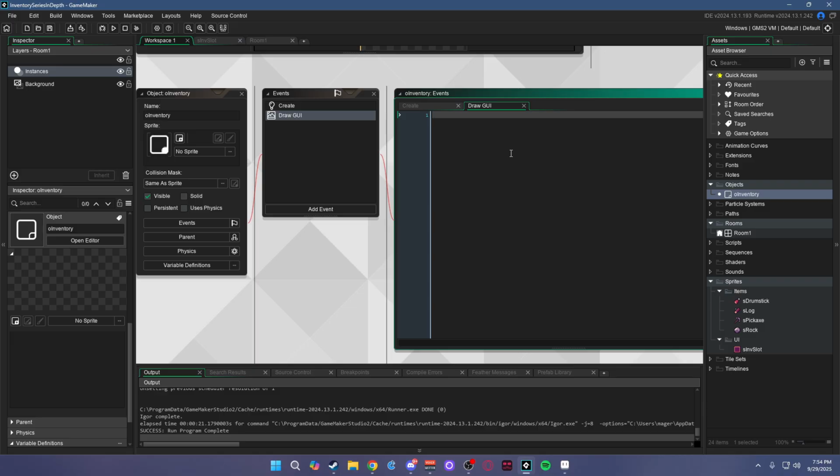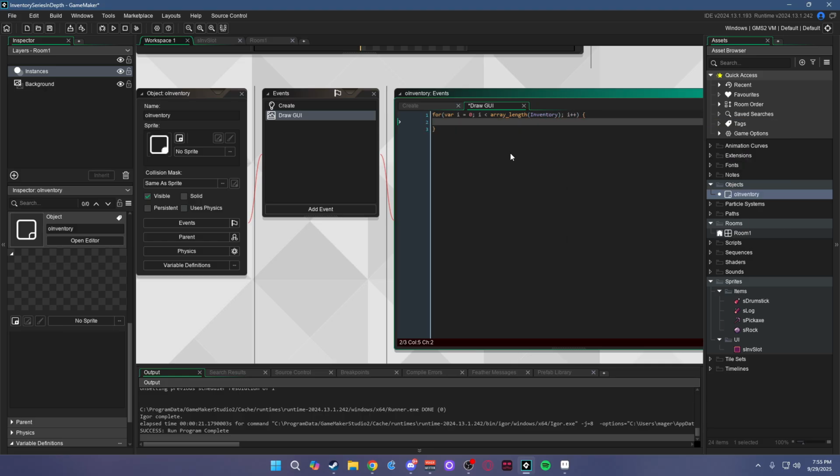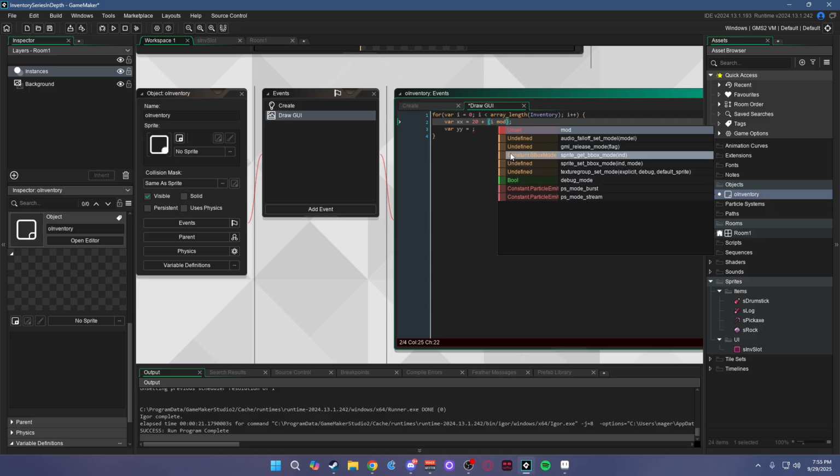So next, I'm just going to do a for loop: var i equals 0, i is less than, and we're going to do the array length of inventory. Inventory, that's the name of the array, and then i++. This will just simply loop through, and now we just got to find the coordinate of each slot. So we're going to do var xx and var yy. For xx, we're just going to put 20 plus i mod, and actually before we continue, let's do